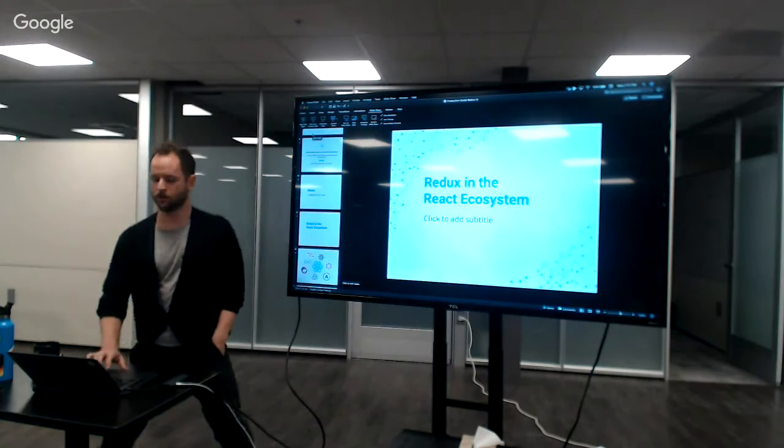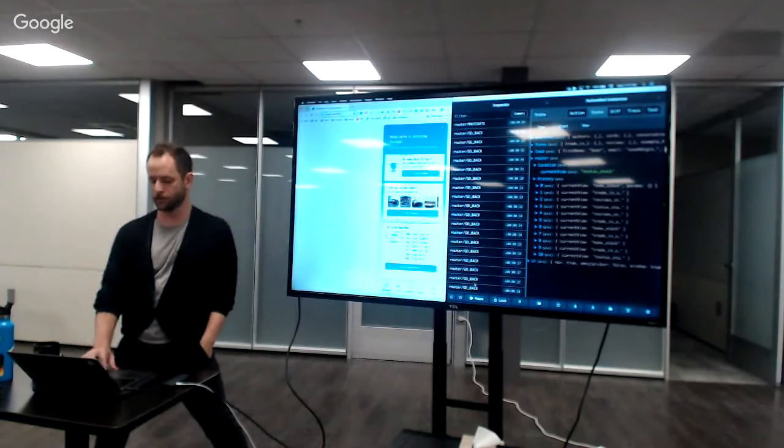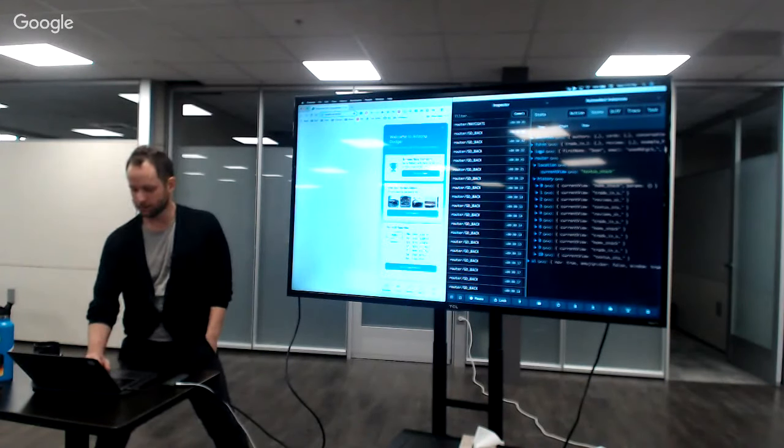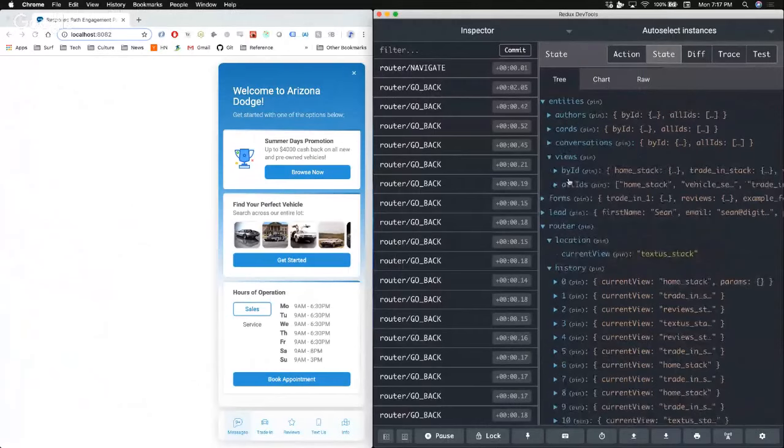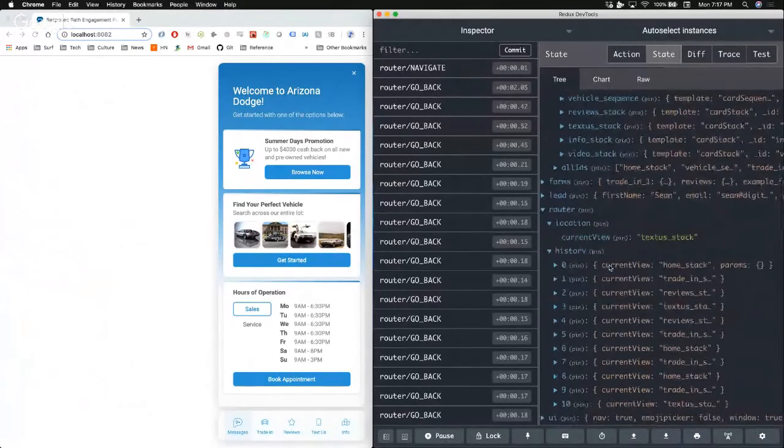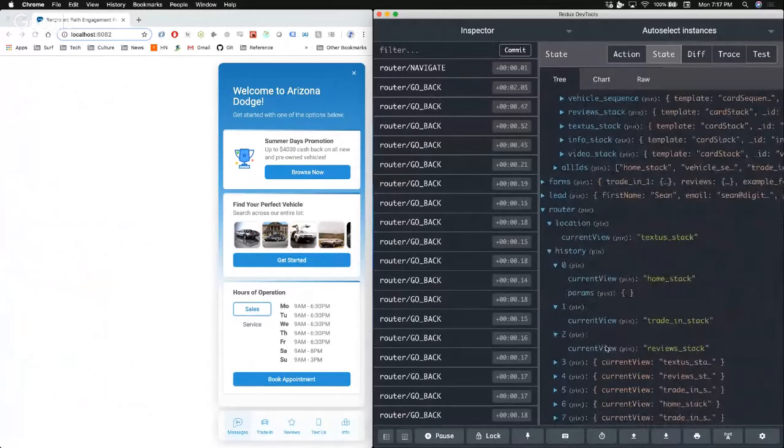So we're not keeping track of the states. We have an internal view system here. If you recall in the entities, I have all these different views in the application, and the router is just keeping track of the different views that I've triggered. In terms of internal application state, we don't keep track of all state changes. Obviously, Redux DevTools does that, so if we want to time travel, we can, but we realized we didn't need that for actual production instances. That's Redux React, not vanilla React, rather.